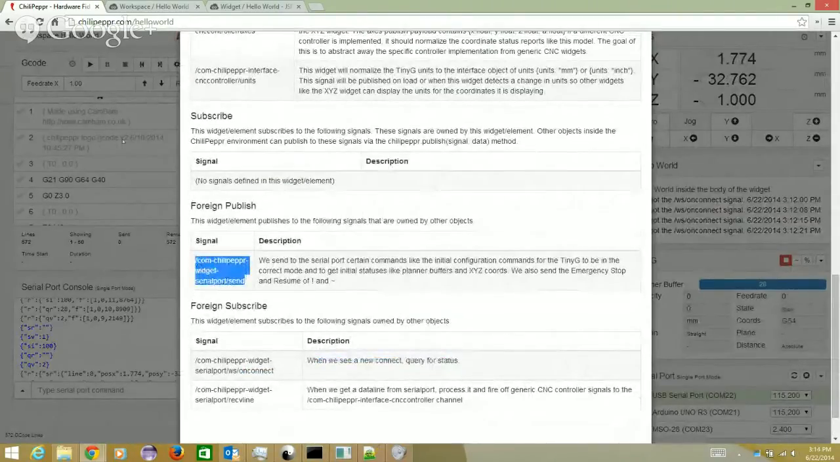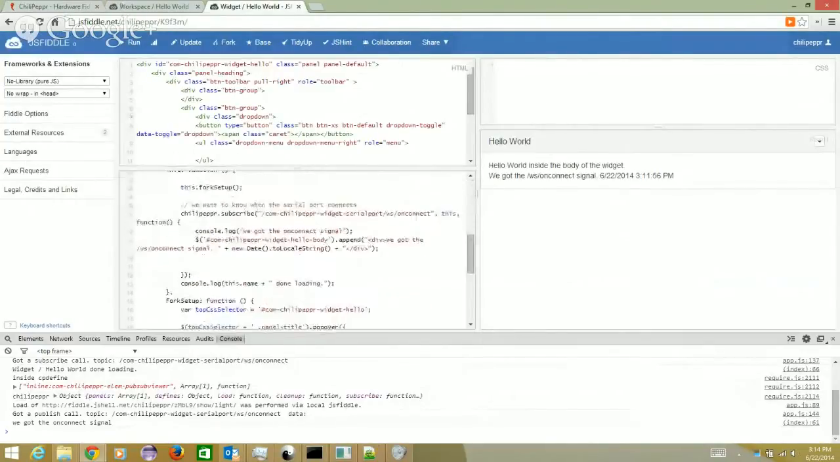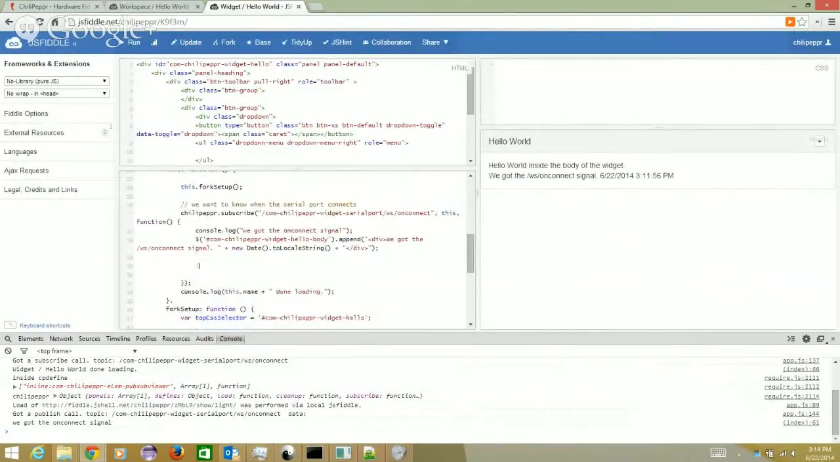Well, it probably does a foreign publish. And so we're going to steal this. And sure enough, we send to the serial port certain commands, like the initial configuration for TinyG to be in the correct mode and to get initial statuses like the XYZ coordinates. So I'm going to steal this. I'm going to go over to this widget, and after I get the callback on the subscribe, I want to send